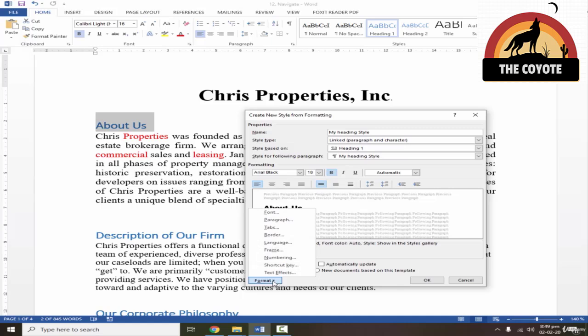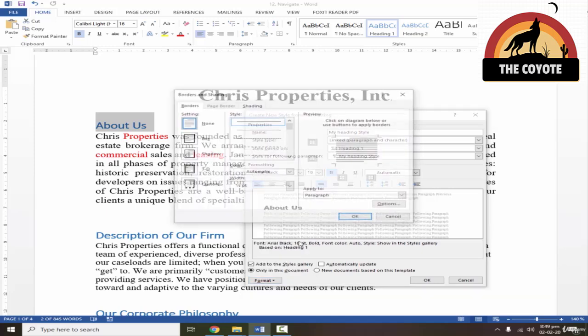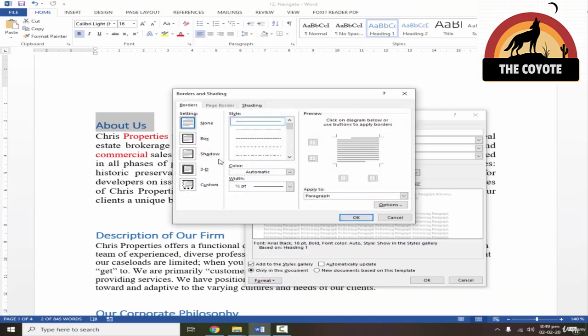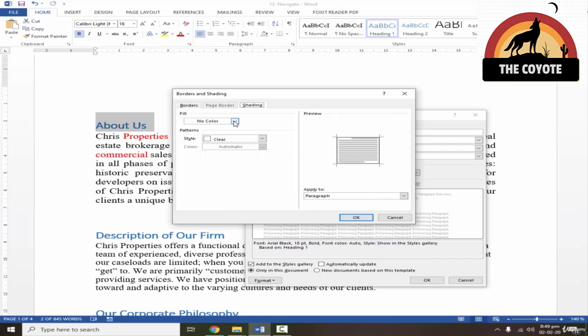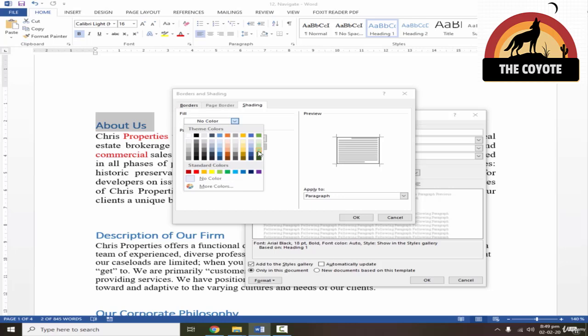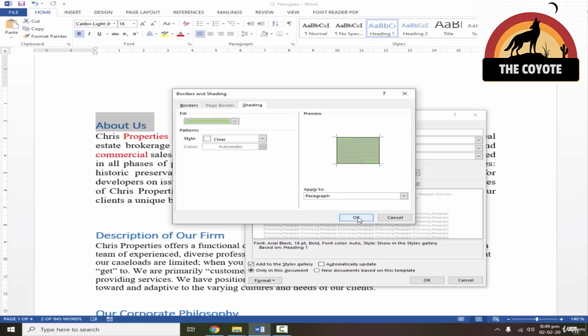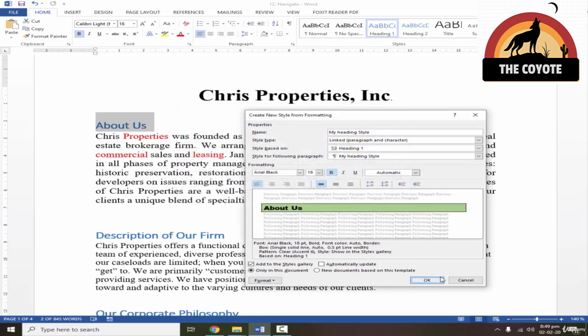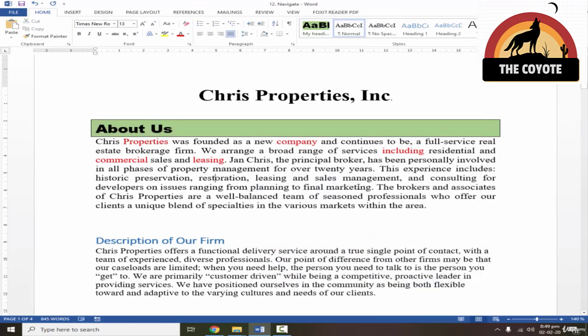After that, I have a couple of options here in the Format option. I can just apply the borders. Let's just apply borders. So you can see same option appears. I'll just select box, and under the shading tab, let's select a green color now, and then press OK, and OK.